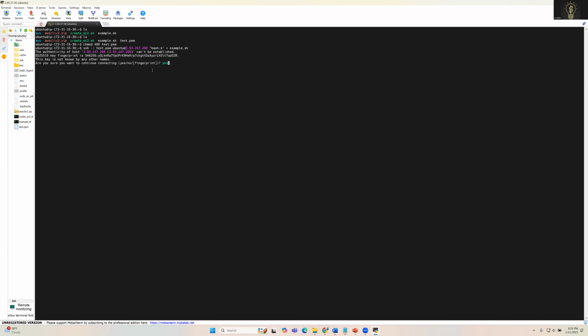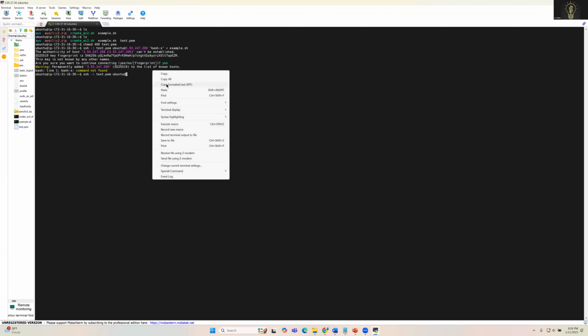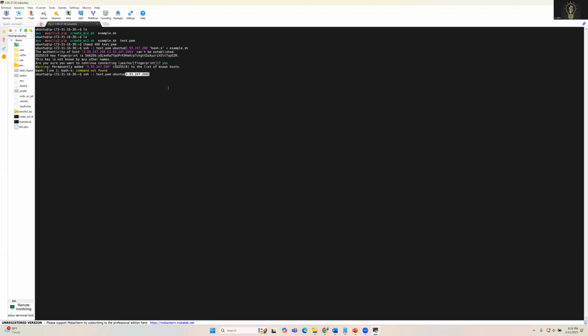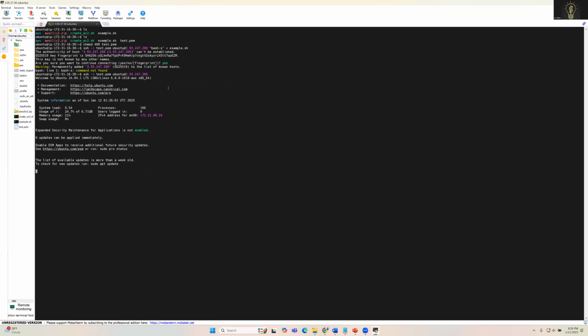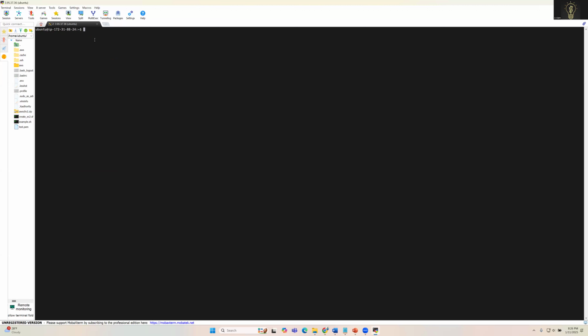So now if I do ssh -i test.pem, Ubuntu, and the public IP address URL for the example one. See, now inside this example instance, if I do ls, you can see